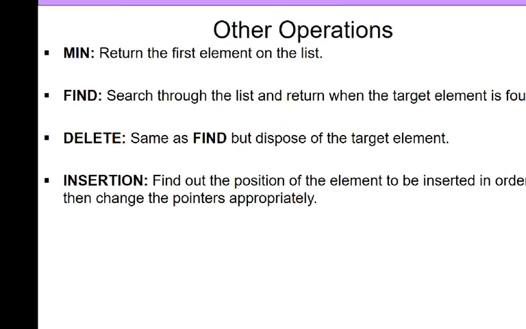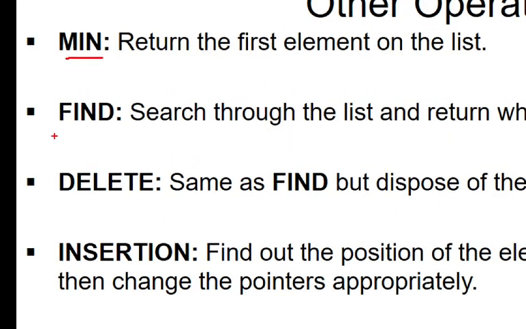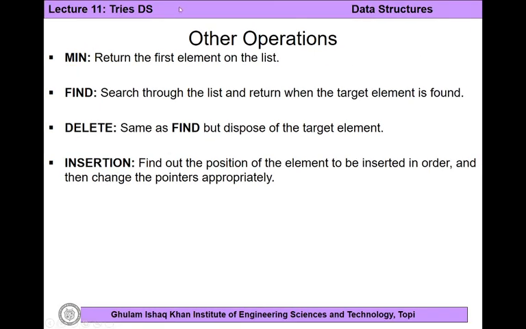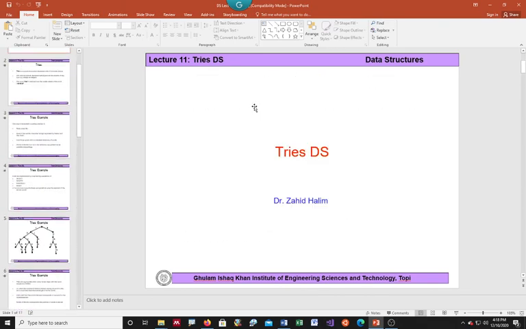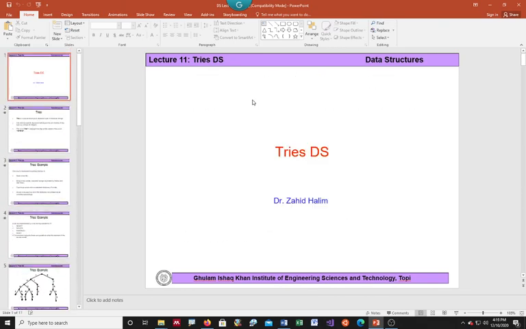Similarly, operations like finding the minimum from the list, finding an element in the list, deleting and inserting an element in the list will require different execution times and different sorts of functions in the dynamic implementation of the list. So that was all for the two data structures which we covered, and the code I have not mentioned here because